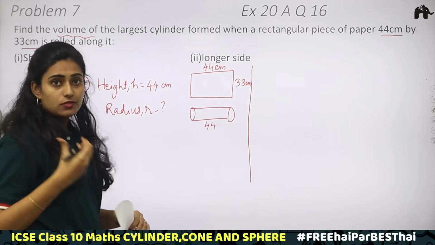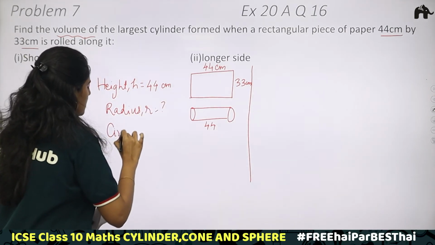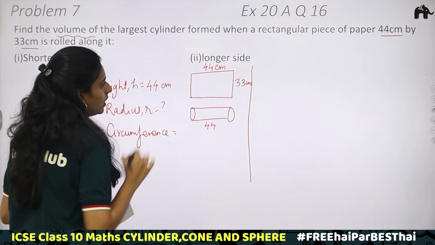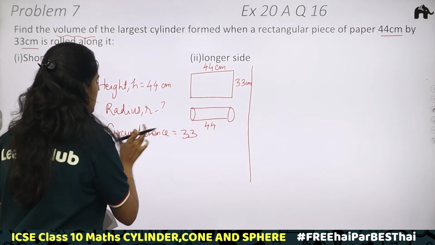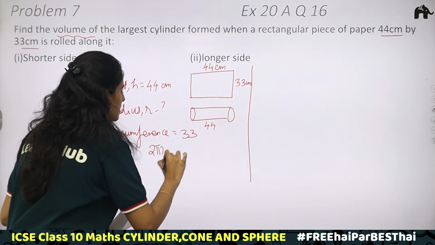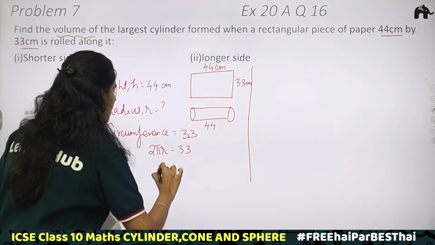Radius we don't know. To get the volume, we need the radius. What we know is the circumference. Circumference is equal to 33 centimeter. If circumference is 33 centimeter, we can write 2 pi r is equal to 33 and then r